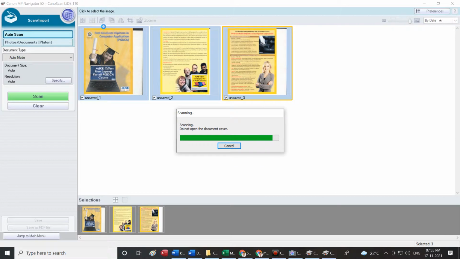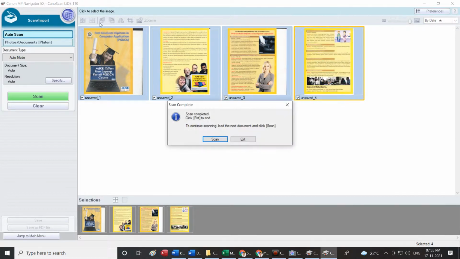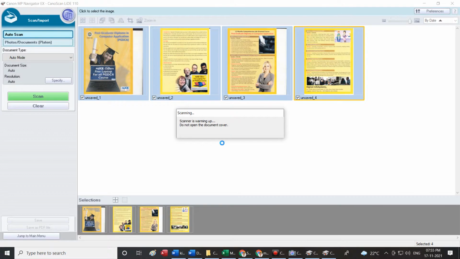I will just show you what happens accidentally without knowing how to insert the page. I'm deliberately keeping one in the reverse way, so that you understand. Sometimes we may go wrong in scanning by not knowing how to insert the page properly.